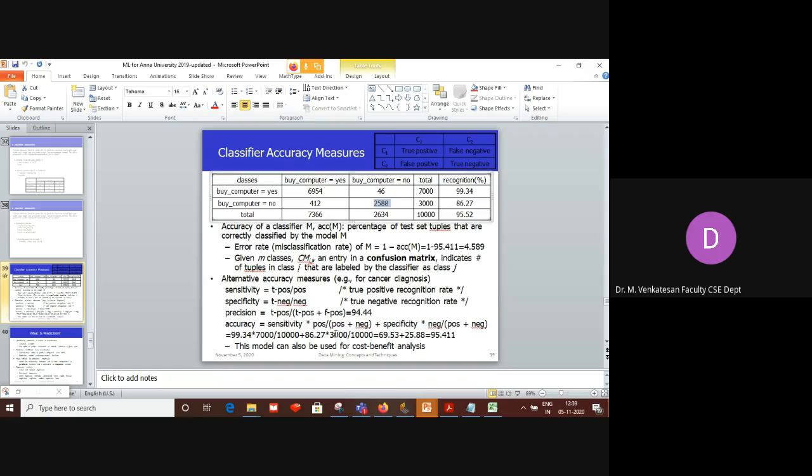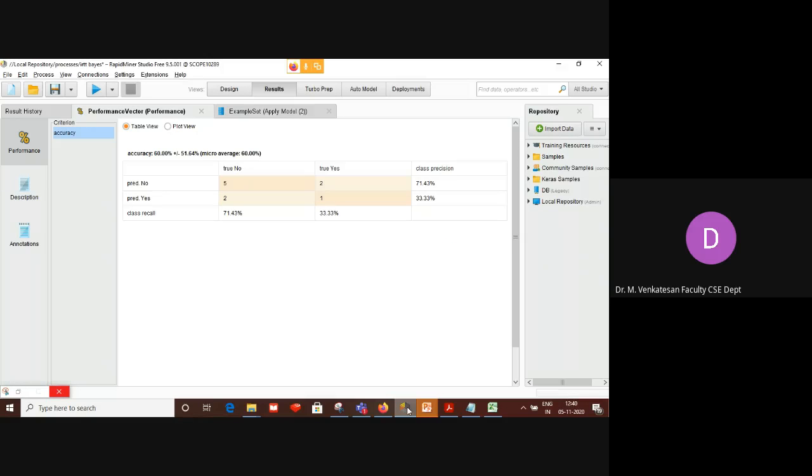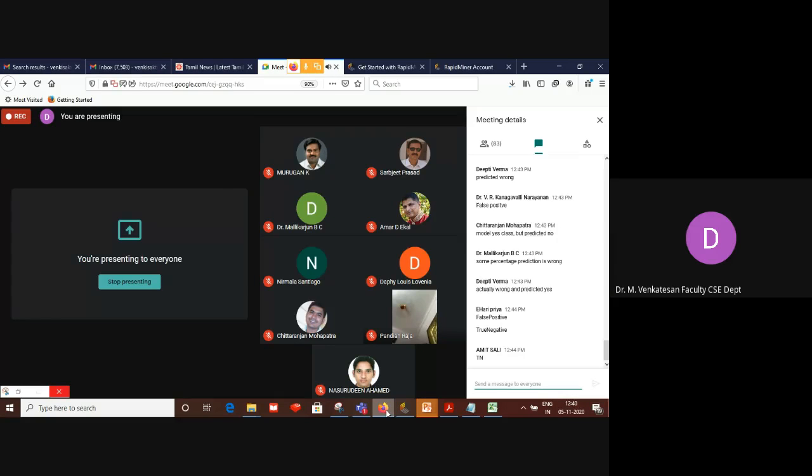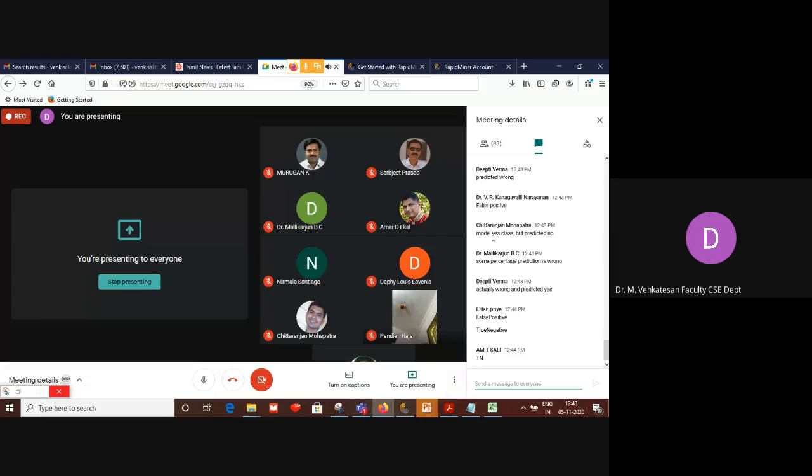So this is the confusion matrix. What is the use of this? Whenever you build any supervised learning model, and if it is a classification under supervised learning, you need the confusion matrix. You need the confusion matrix to find the accuracy, precision, and recall. So for that, the confusion matrix is required. I hope it is clear. Is it clear?